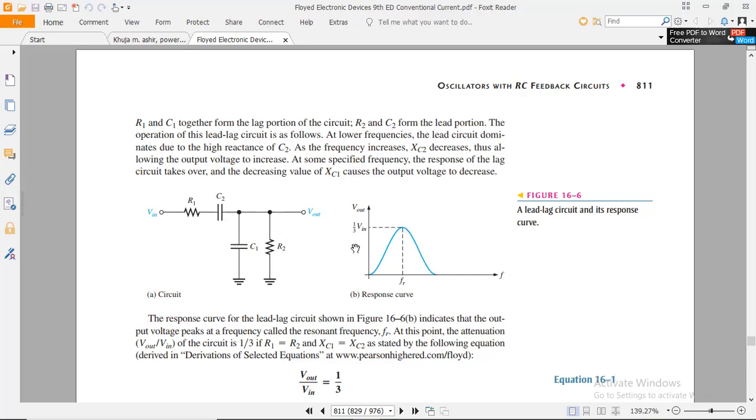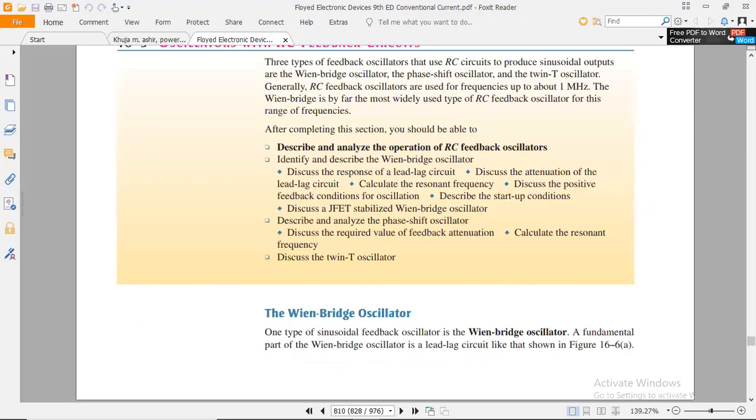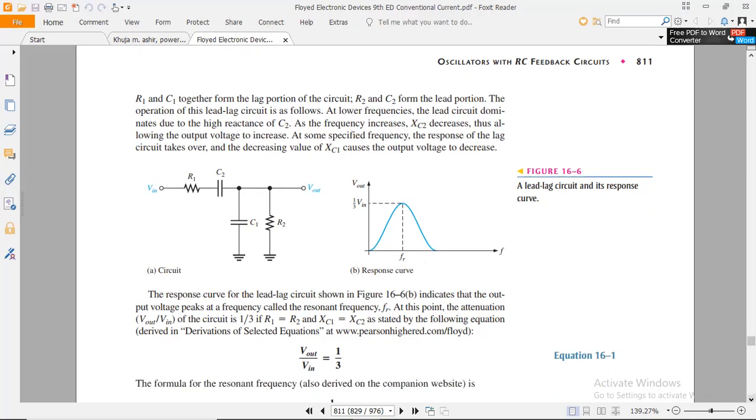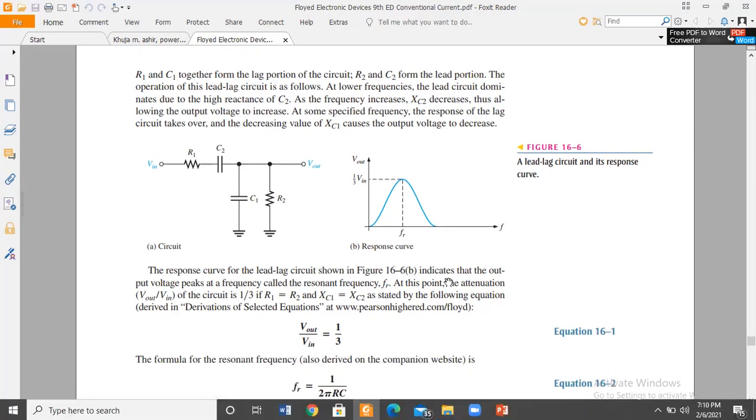This phenomenon is continuously formed because of the charging and discharging of the capacitors C1 and C2 respectively. The output voltage would be performed at an amplitude of 1/3 times the Vin. This is the main aspect in which this configuration is formed, and we call it a Wien bridge oscillator, in which the RC circuit configuration makes the oscillatory circuit.